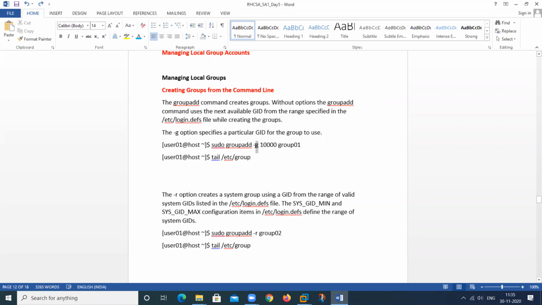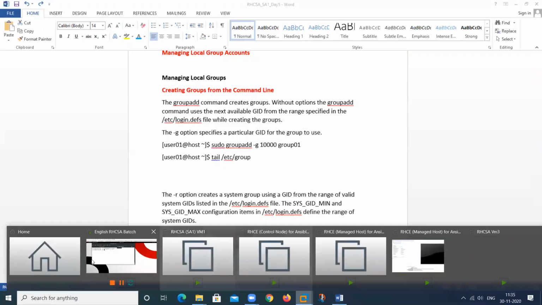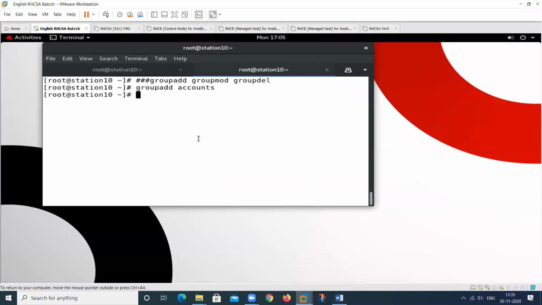Different commands have different options with different meanings. With usermod the meaning is different, not the same meaning, but the option is the same. So we can provide the group ID.